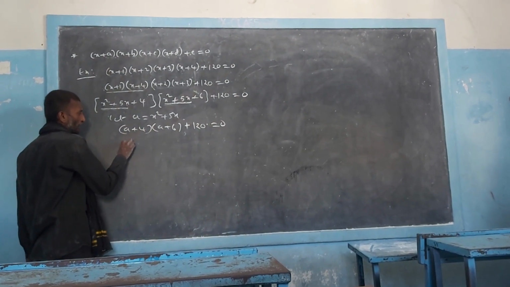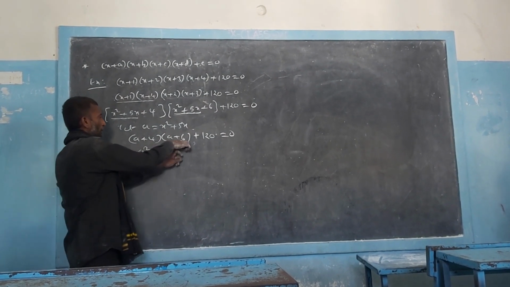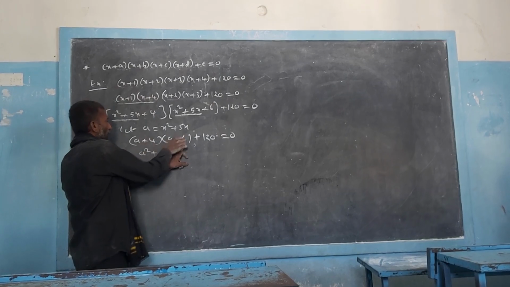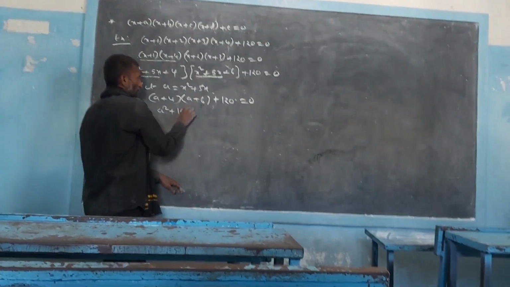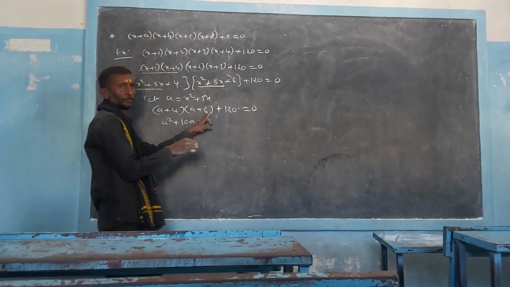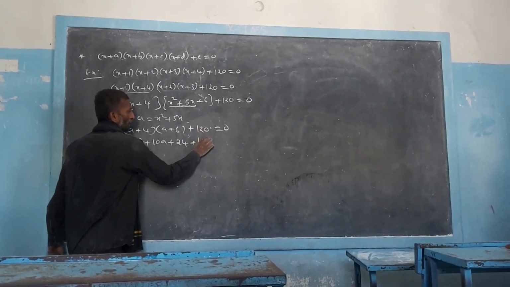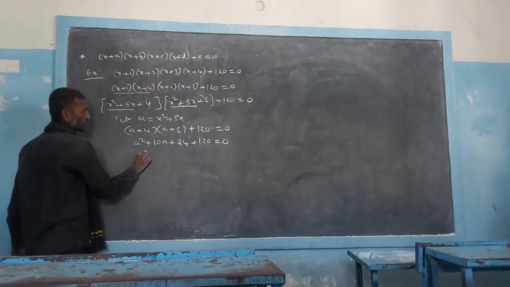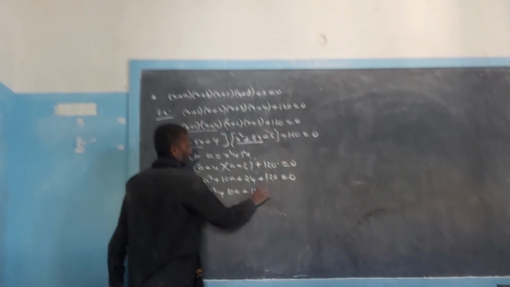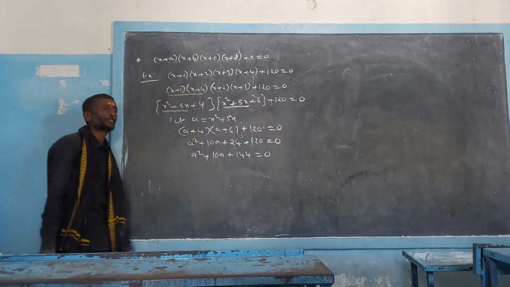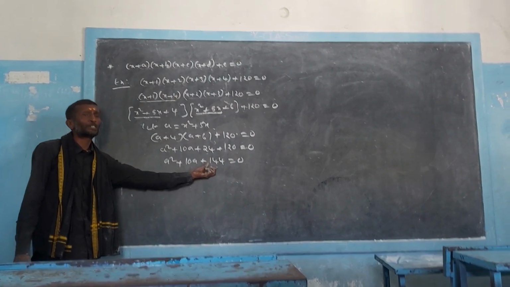Now here it is 6. Please don't observe the others. 6 here, this is total. And the last one, 4 times 6 plus 1 equal to. So finally we get x square plus 10x plus 1, 4. Like that the expression. So yes, it's very easy to understand this problem.